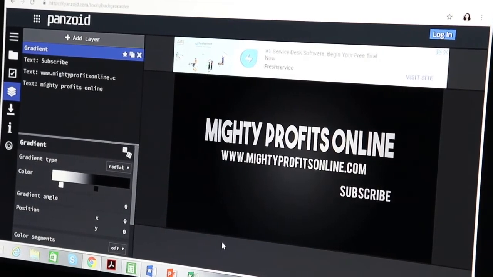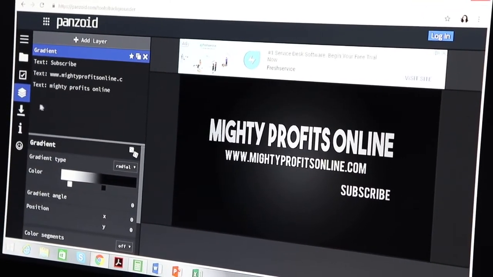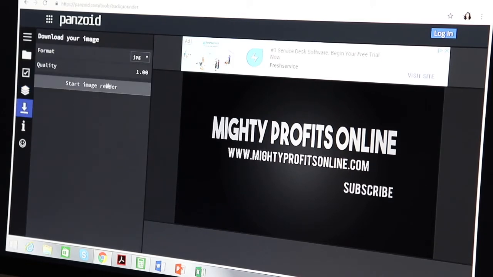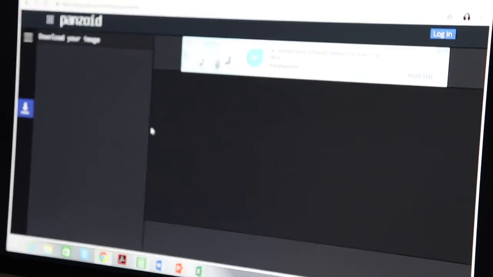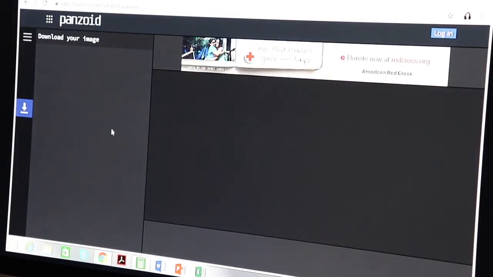Once you see it, the last thing you have to do is go right here where there's a downward arrow and a little minus sign. You click on it, it'll say download. Now you hit that one, and you can select what kind of format: JPEG, PNG, or WebP. Okay, if it's for a web page, start image render. So if you hit image render, I'm going to go with JPEG because most of them are JPEGs. Once it's rendered, you can download your image now. So you can click download your image,